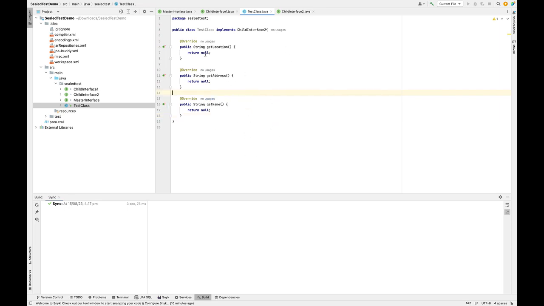So let's hardcode these values just for our understanding. Location 1. Okay, so getAddress returns address 1, and getName returns test. Now what we can do,